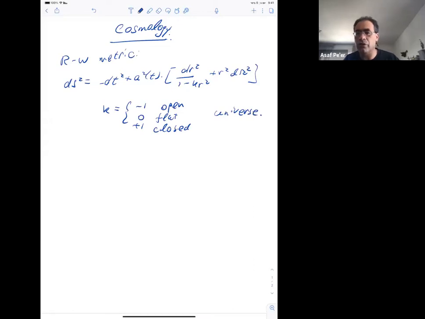And that determines the spatial structure of the universe. A of t is the scale factor,